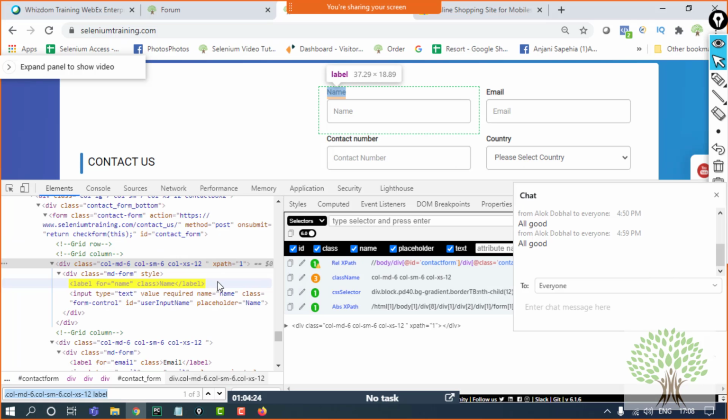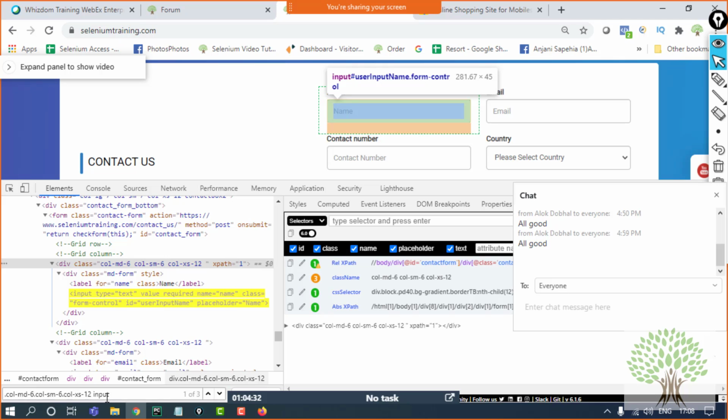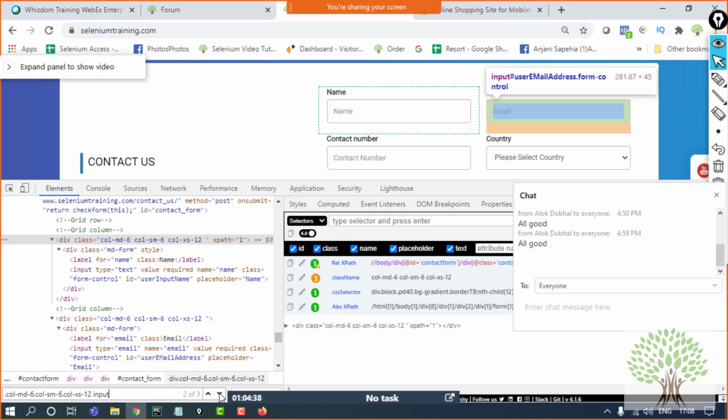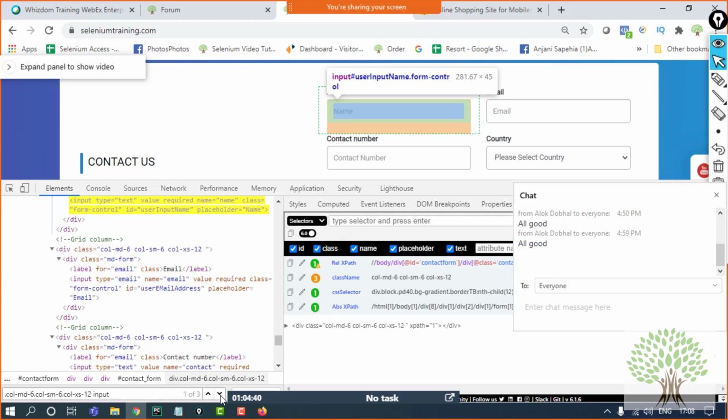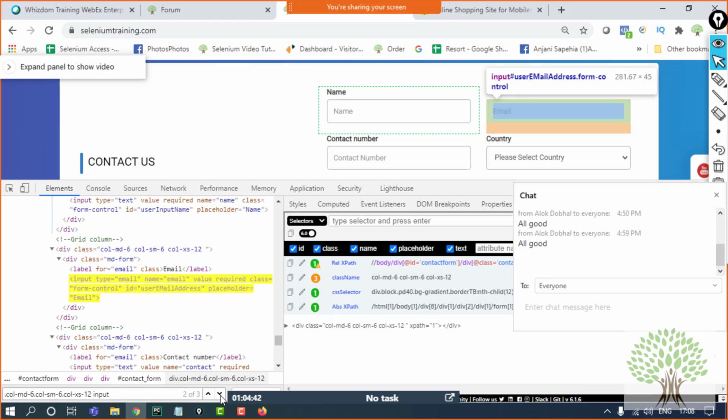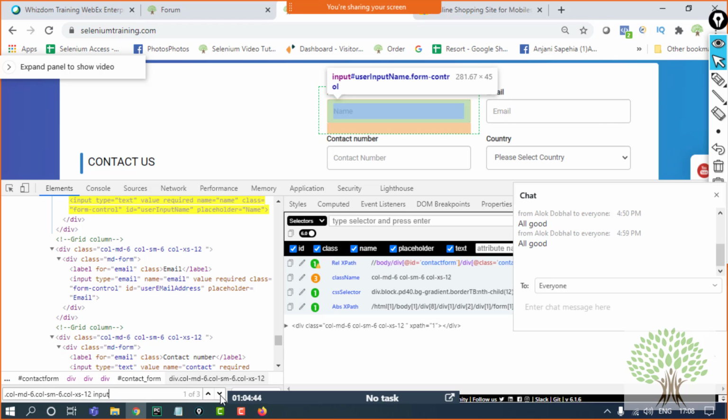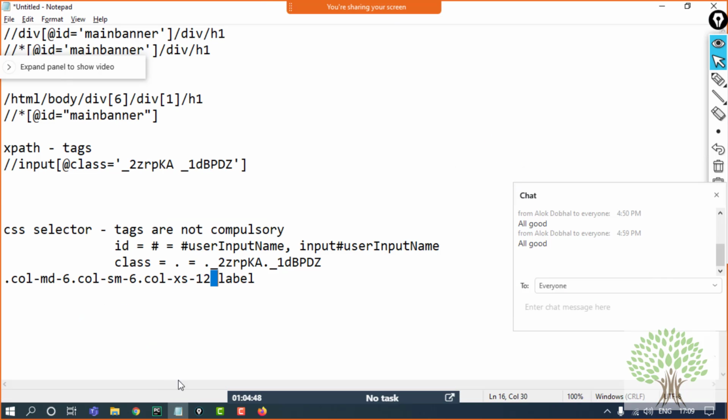The same way, if I want to look for input tags inside this particular class, then I'll say input. So as many input tags as are inside, those also will be highlighted like this. You can see only the text boxes are being highlighted, not the text. So this way also you can make the CSS selector.